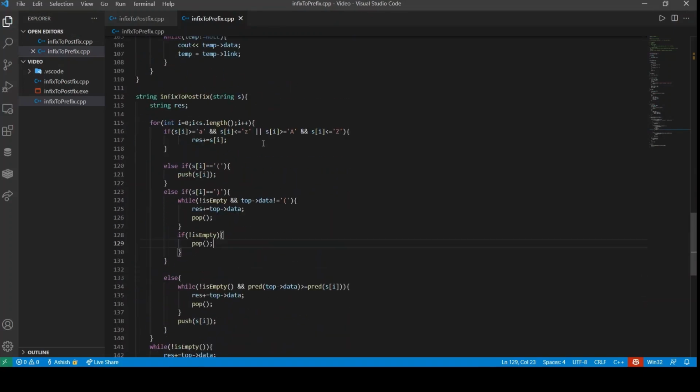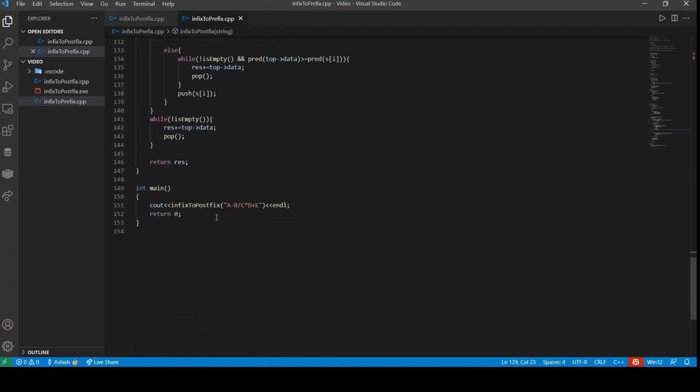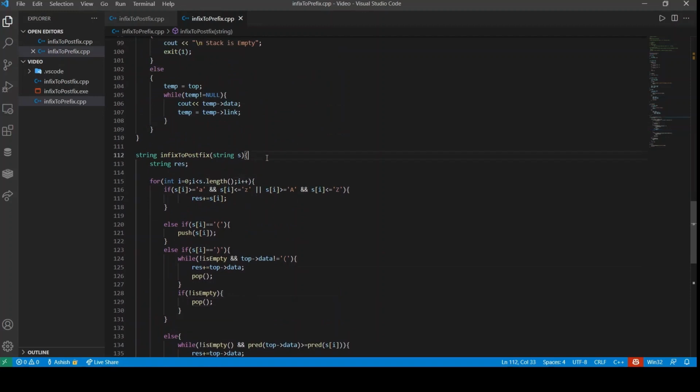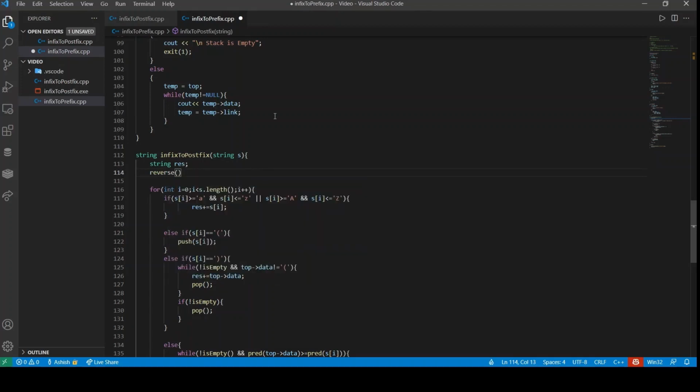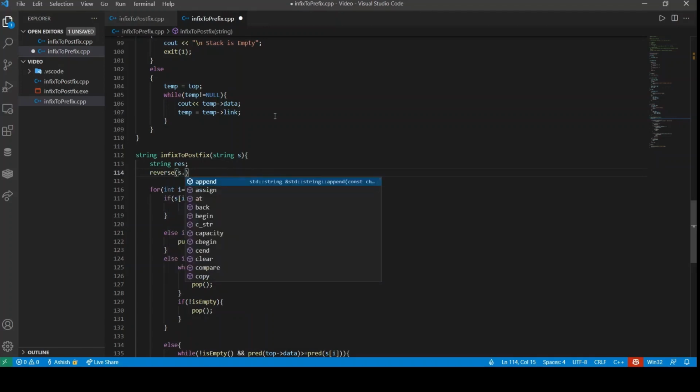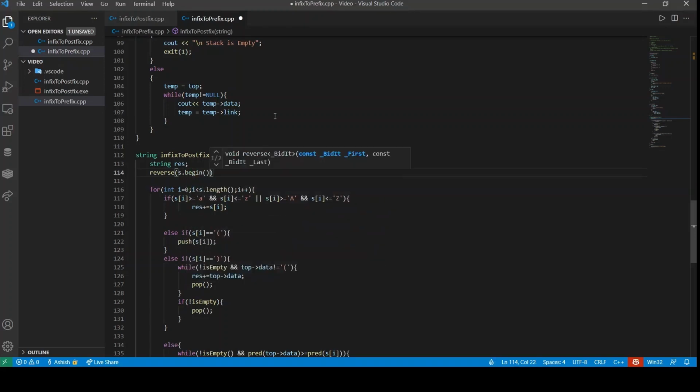Okay, and then as we are passing this string in, now what we want is we should reverse the string, right? So here we could use the reverse function from the STL library or string library given by C++. So this, and then end, and this, right? And the string has been reversed now.